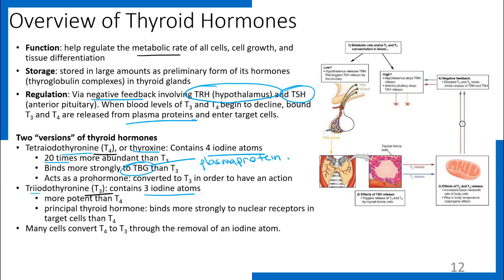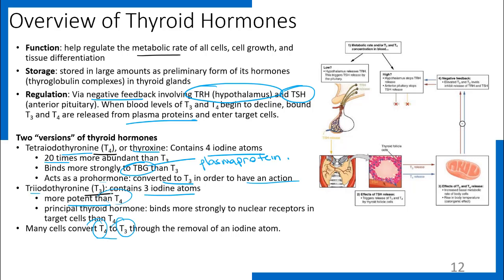And T4 stimulates weakly, and so what happens is it has to really be converted into T3 in order to have an action, right? So T4 is converted to T3 before it can have any sort of strong action. So when we look at T3, it's stronger in its effect than T4, and it's the main thyroid hormone that actually leads to most of the effects associated with thyroid hormone. Many cells convert T4 to T3 through the removal of an iodine ion, because again, T4 has 4 iodine atoms and